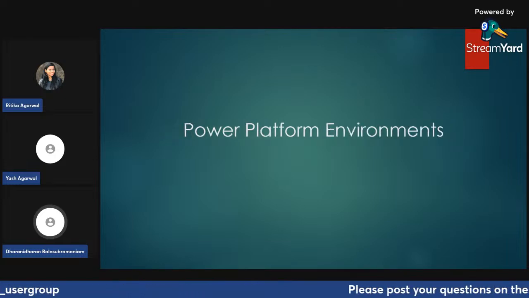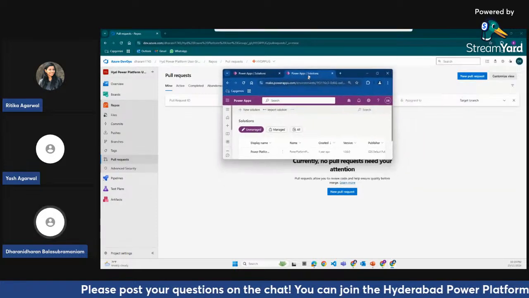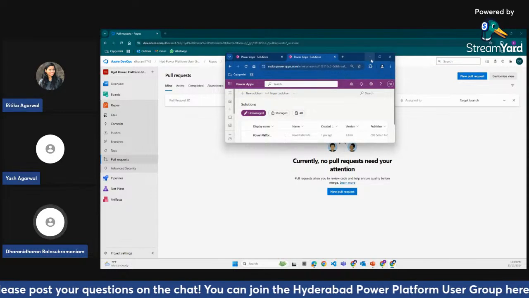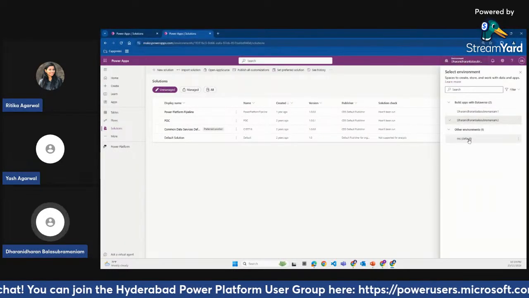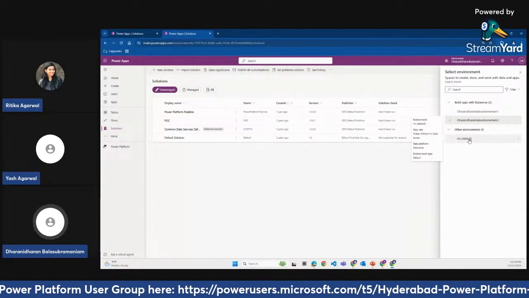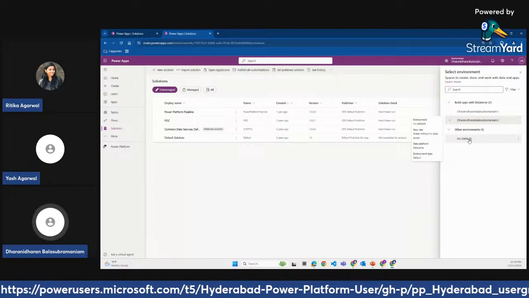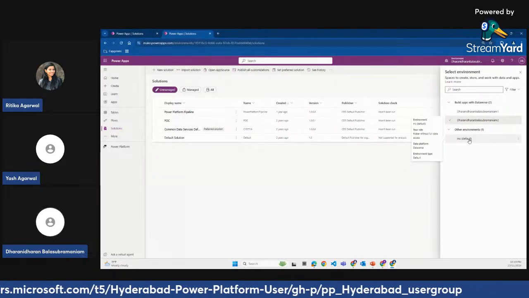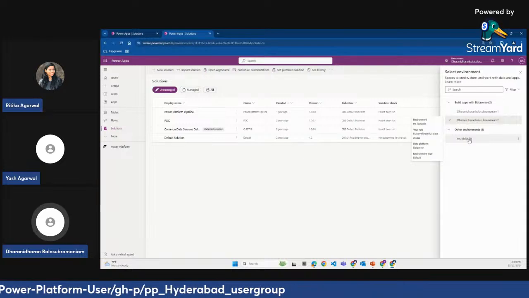Now I have explained how to install the Power Platform Build Tools. Now I will quickly go to the Power Platform environments and briefly brush up the environment strategy which we have seen in our previous slides. As I mentioned, you can see the default environment. This default environment is available for all the users in your tenant, so it is not recommended to touch anything in the default environment.